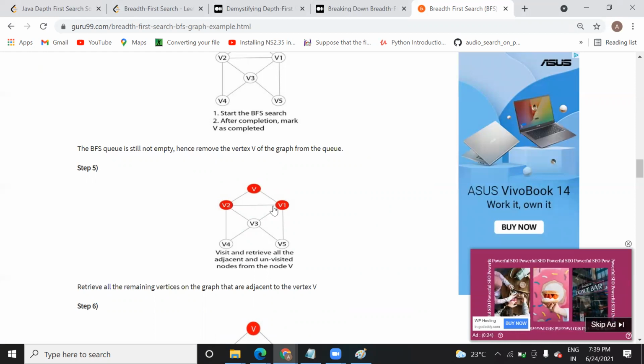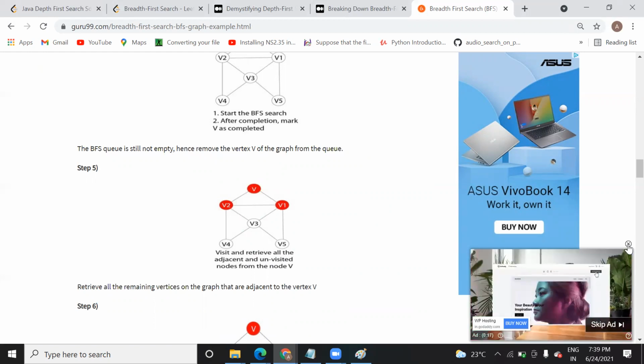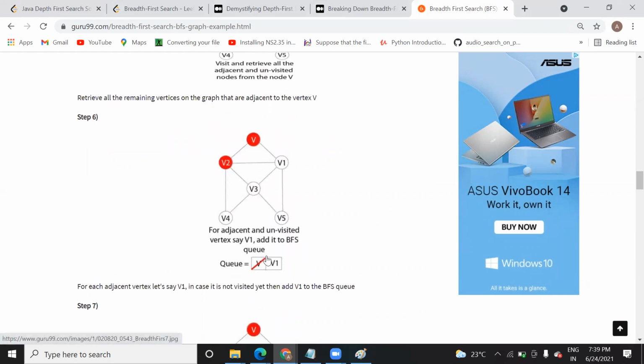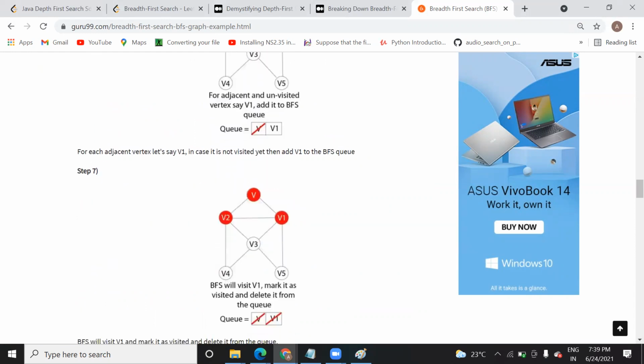Whatever I explained, same thing here, right? See here, we have deleted this and V2 and V1 we have visited. Now let's see after V2. See V1, it has visited V1. It has removed that. For the adjacent and unvisited vertex, say V1, add it to the BFS queue. Now we will consider V1. We will remove V1.